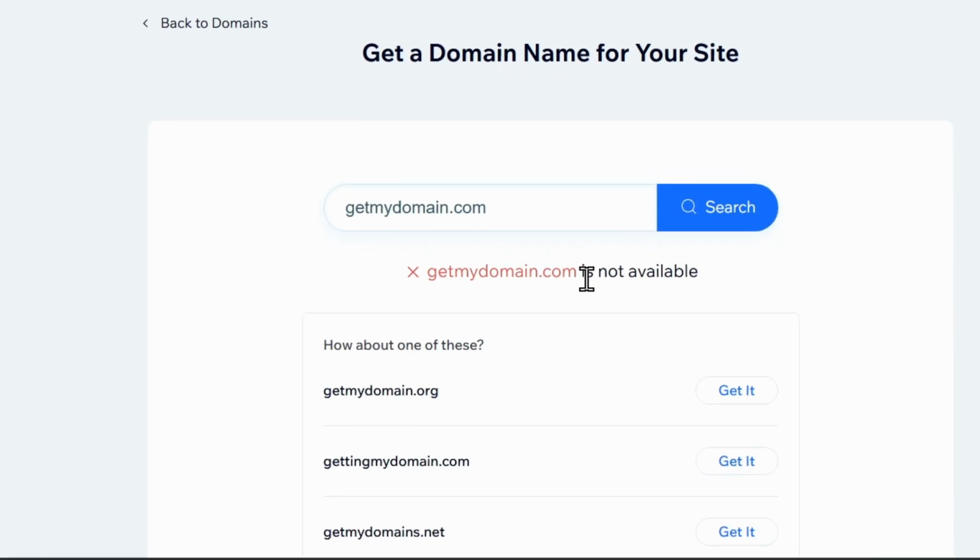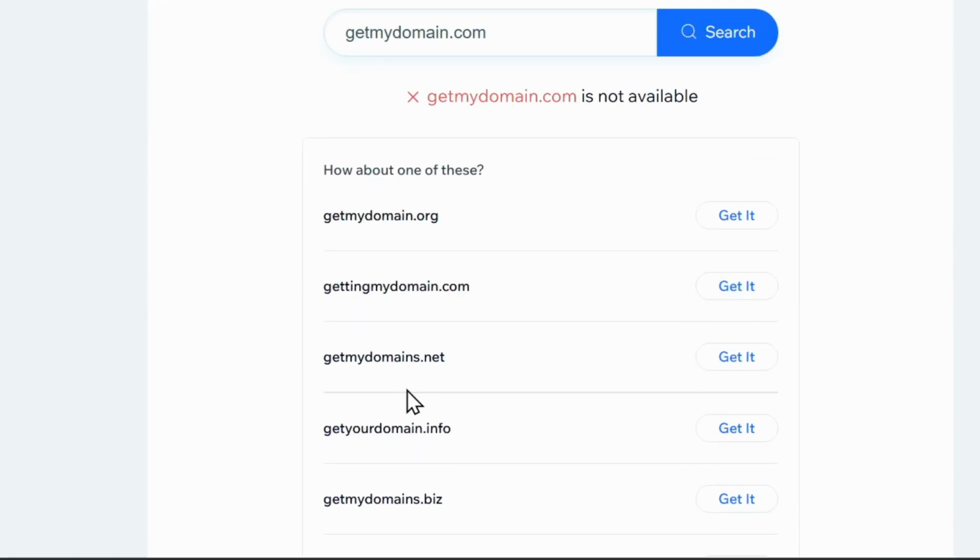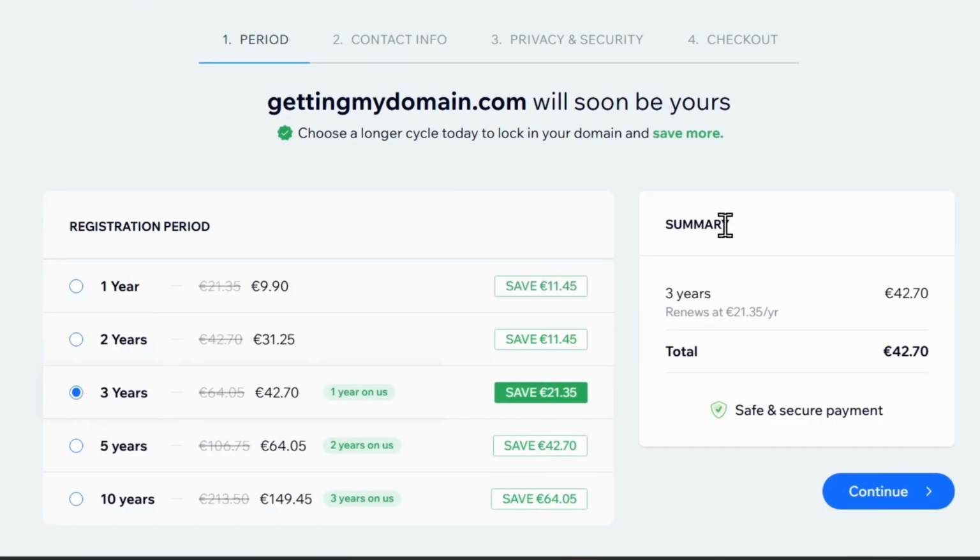And here you can see that it's not available, but they give you some other options. And let's say I'm going to work with one of them, right? Getinmydomain.com. Let's say I want that one. I click on get. It will take me over to this page here, which is where I can purchase or